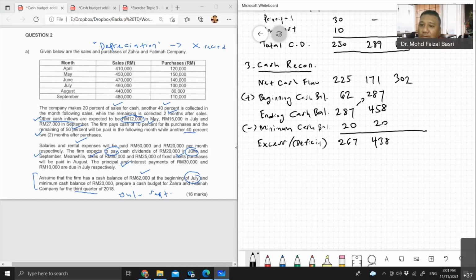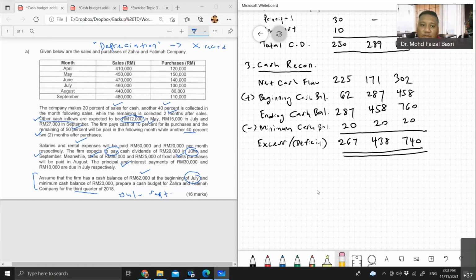Okay, so for September, the 458 we carry forward. So 458 plus 302 is 760. Minus 20,000, 740, and this will be our final answer. Okay, this will be our final answer. That is our